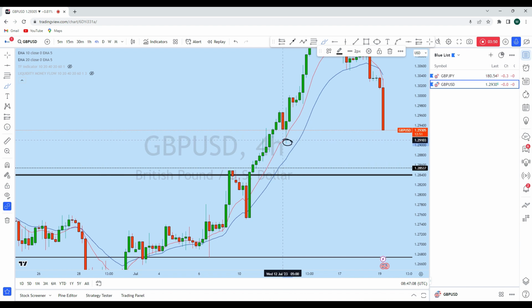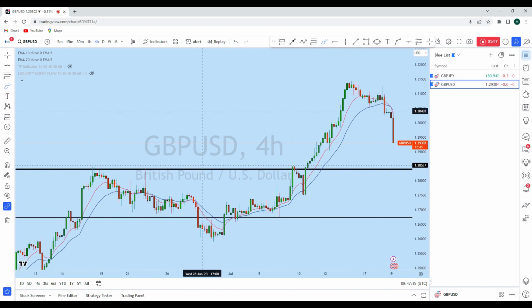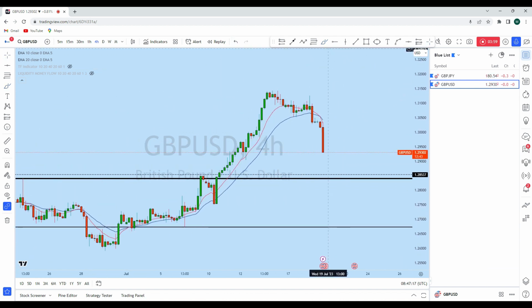Below this level, there is high liquidity, and there is also high liquidity below this doji. And as you know, the price moves from liquidity to liquidity. We saw that there is a huge liquidity gap here, and from this zone, GBPUSD is coming down to another liquidity zone, and in the same day there's a massive drop, which can give GBPUSD a very high probability for reversal